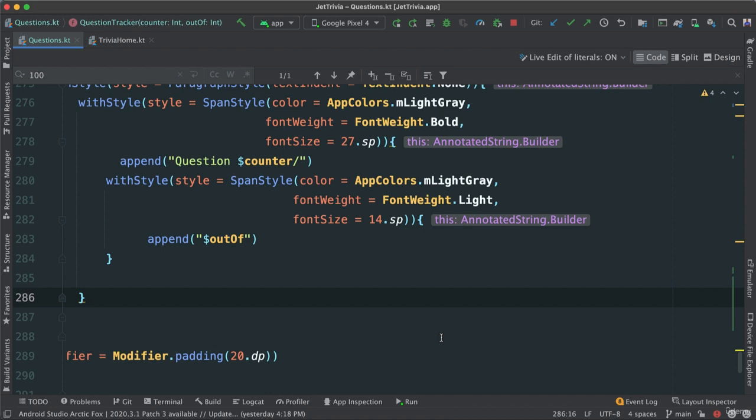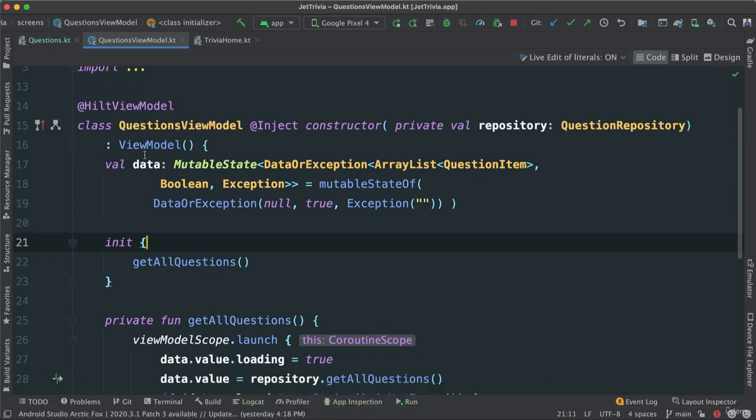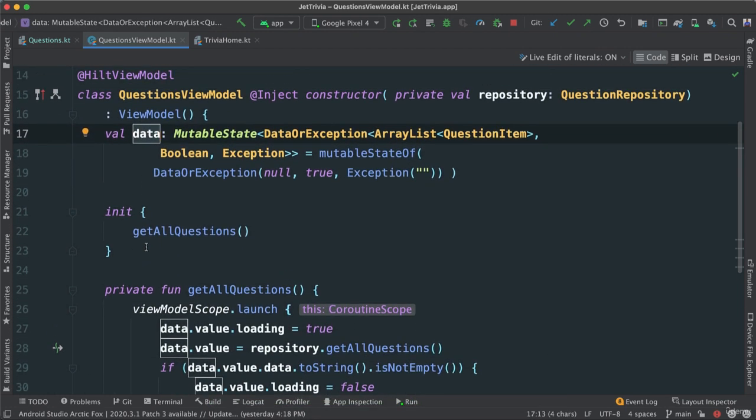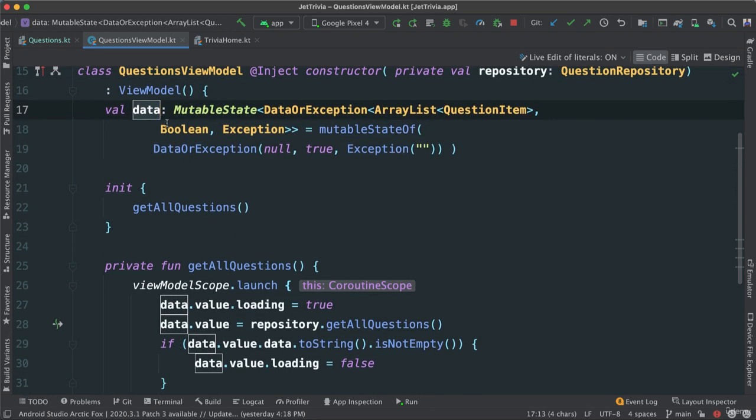So we understand that in order for us to get the data, how many questions we have is just the size of our list. There are a few ways to do this. One of the ways I'm going to do is use our view model. So I'm going to go and say view model, questions view model. Because we initially go ahead and fetch the data and save everything, we should have received our data at this point. So this data here is immutable state,